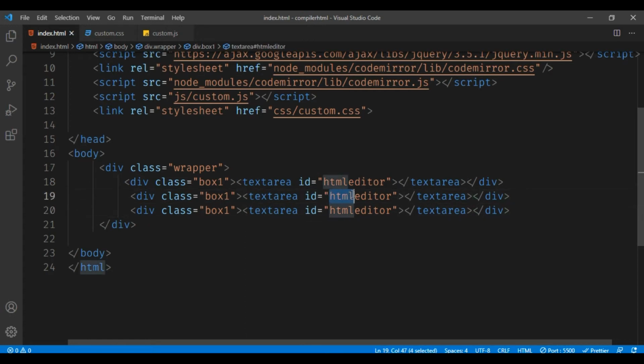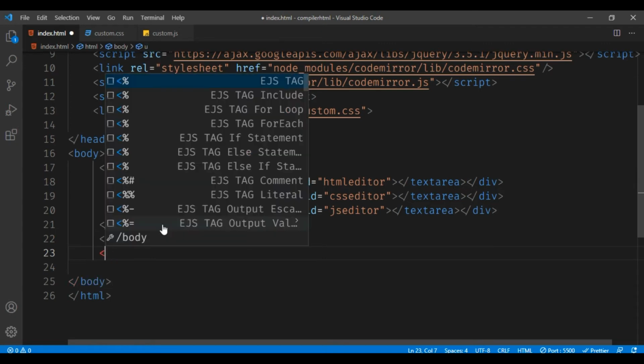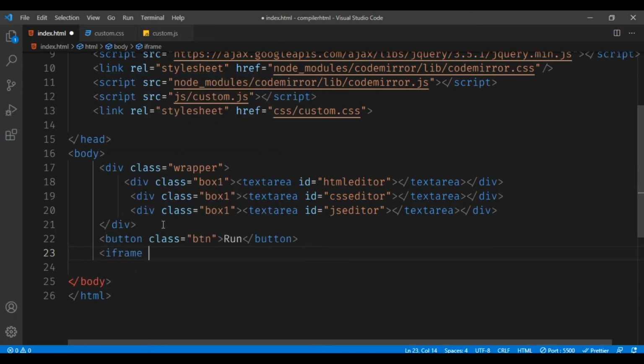Okay, now just change the id. Now use a button assigning a class of btn to run the command, and let me create an iframe with an id of code result